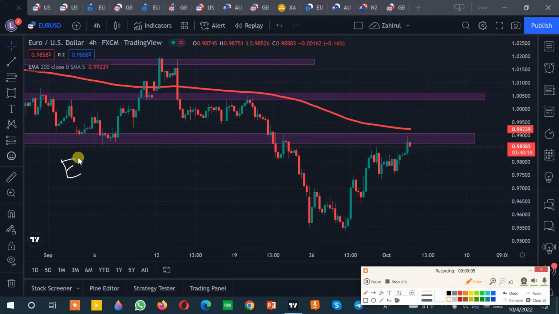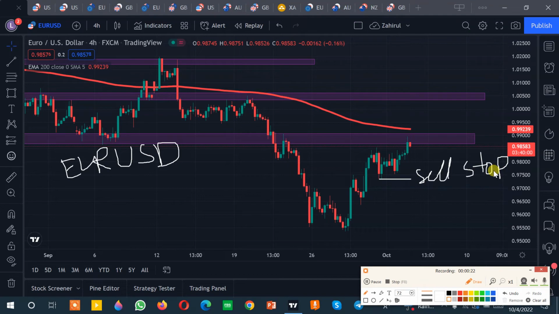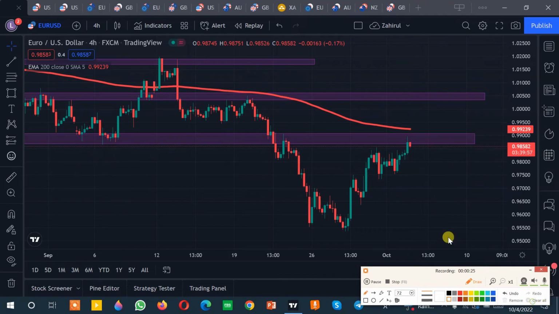This EURUSD chart till now has not given us any sell confirmation. Previously I told you that it would go here, stop loss, sell stop, but unfortunately the market did not come here and went to the upside. So at this moment, this 200 EMA indicates the market is still in a downtrend,